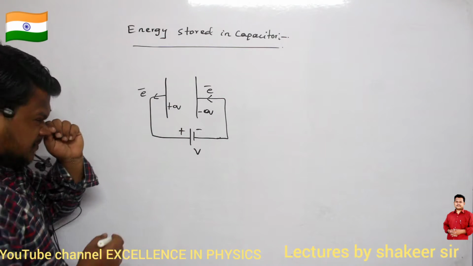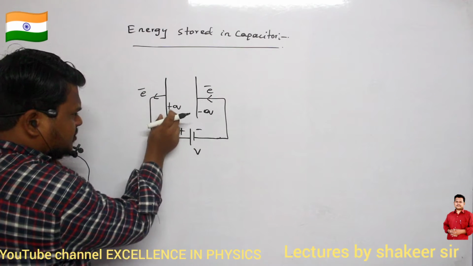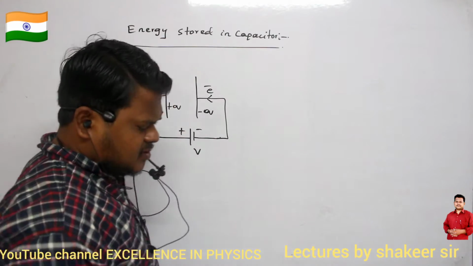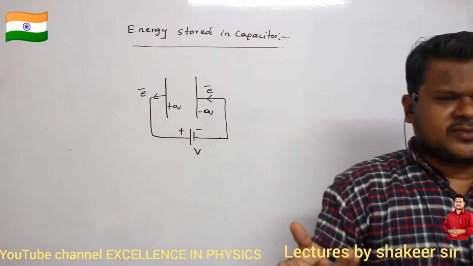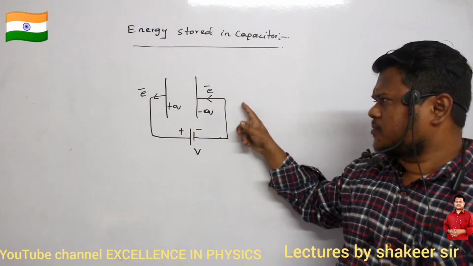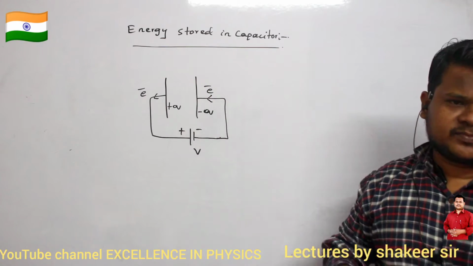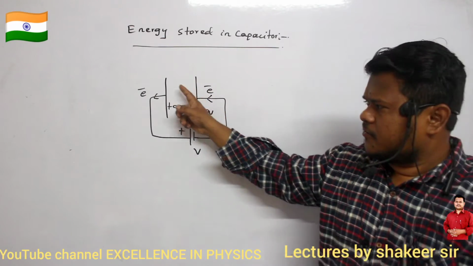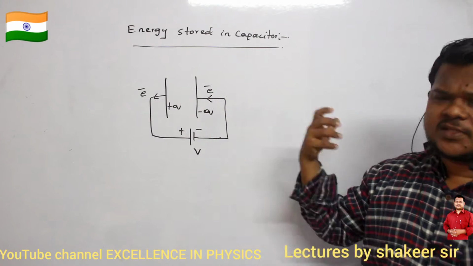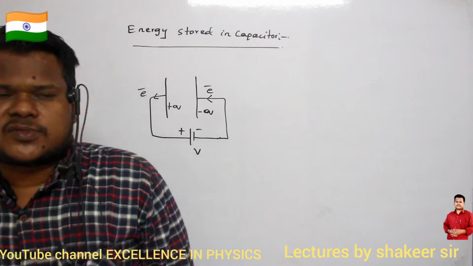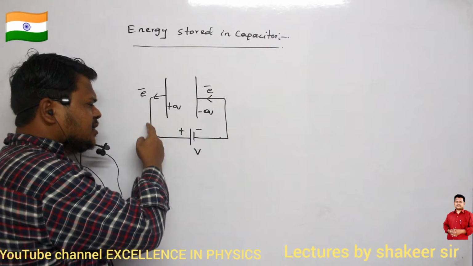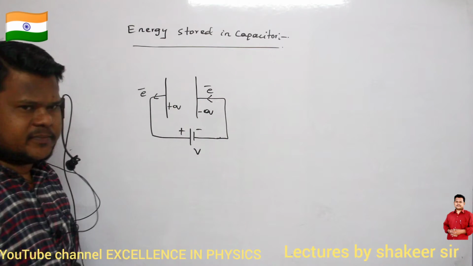a positively charged plate, no? If I have removed one electron, this plate has become a positively charged plate. So if I have to remove one more electron, then there will be a strong force of attraction between positive charge and negative charge. So very easily I cannot take one more electron from this plate. Similarly, when I travel up to here, there will be a force of repulsion also. This plate is already a negative plate, no? If I deposit one more electron on this plate, forces of repulsion are acting. To oppose these forces, definitely we have to do some work. Clear? So that is the reason why the battery should do work to continuously take the negative charges and deposit them on the second plate. Are you able to understand?